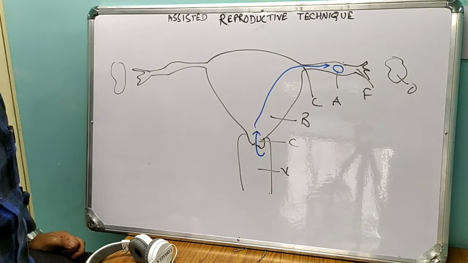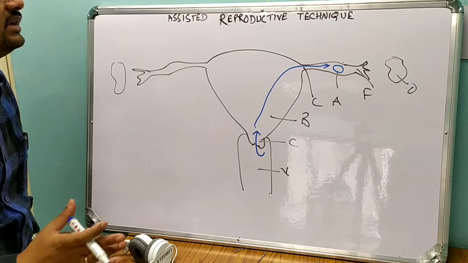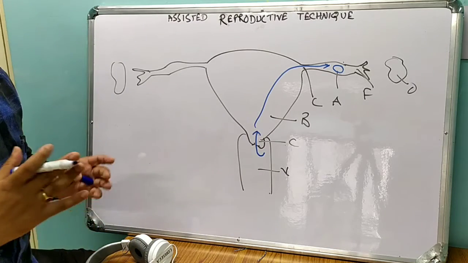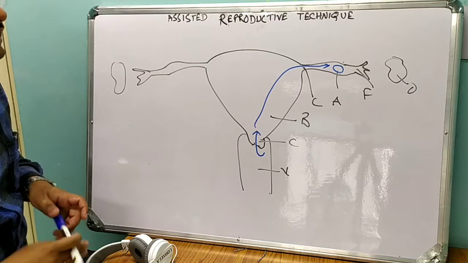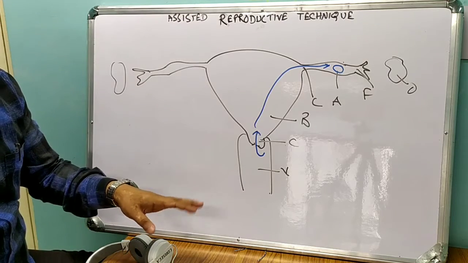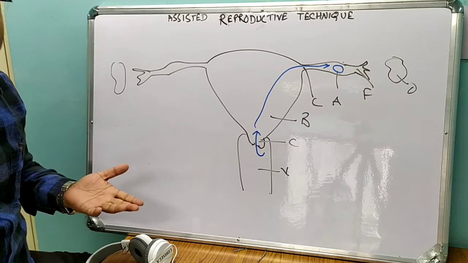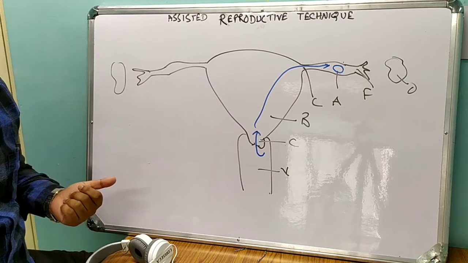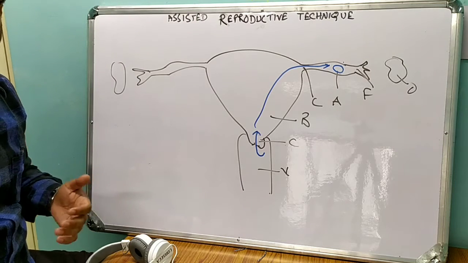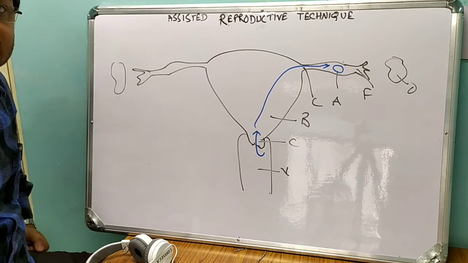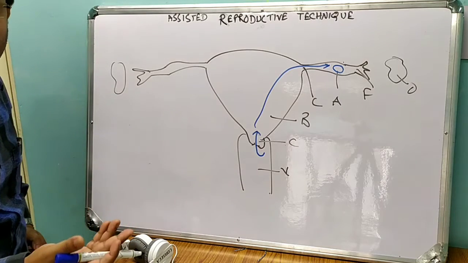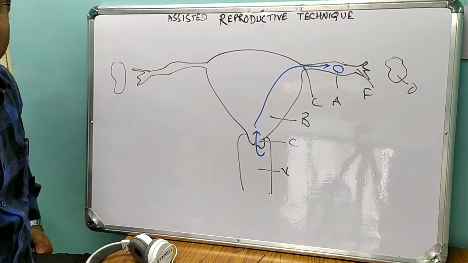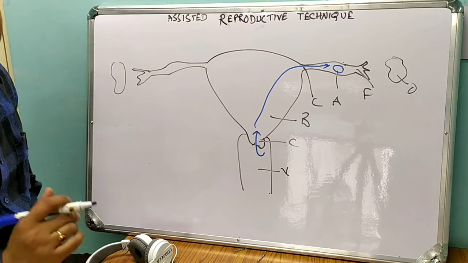Now, there might be multiple problems in reproduction. What might be the problem? First of all, the most important problem, copulation might be faulty. What does that mean? The person may suffer from impotency. The male partner may suffer from some kind of genetic defect so that he may not be able to produce enough sperm, or maybe the semen is of very low quality. Whatever it is, if sperm deposition does not occur, there will be infertility.